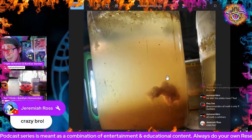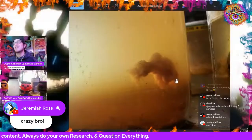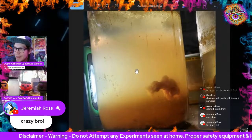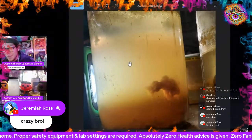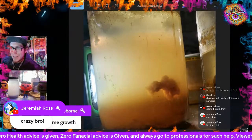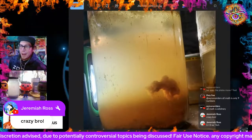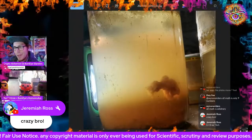Into this giant flesh-like organic cluster of cells that almost looks like a fish or something, but it literally 100x'd its size and kept growing in the saline electrolyzed jar and environment. So far, anytime I put a little bit, whether it's a skin flake, a drop of blood, or a little bit of saliva into one of these reactions, it grows exponentially. So yes, I highly suspect, Bob John, homunculus is a real possibility, real thing,